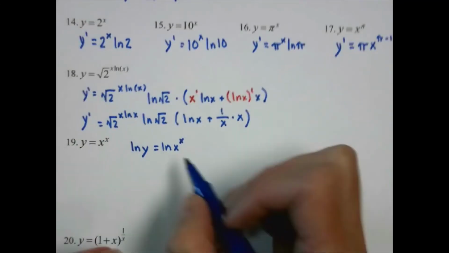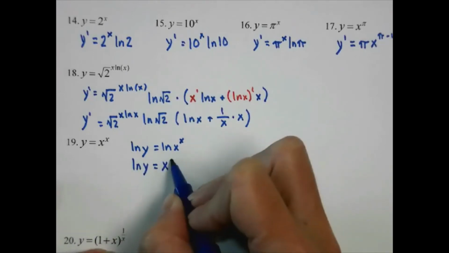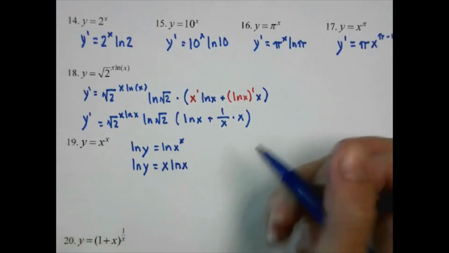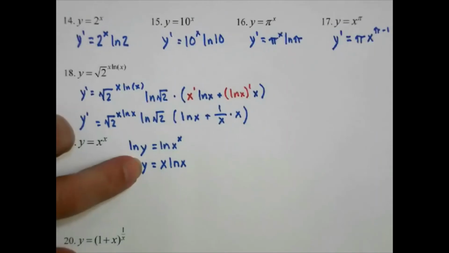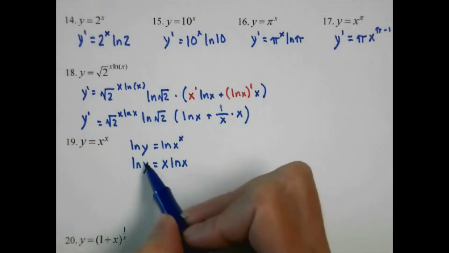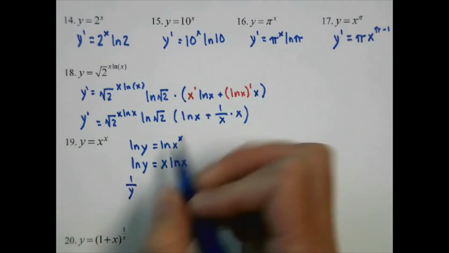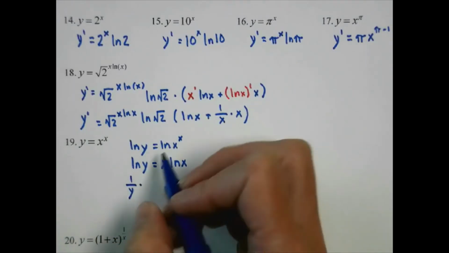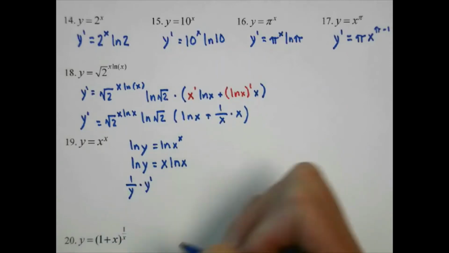That allows me to multiply this down, and I'm going to take this derivative implicitly, because I have a natural log. If it was just y, then we're good, but since we have the natural log of y, we're going to have to take the implicit derivative here. So the derivative of natural log of y is going to be 1 over y times the derivative of y, which I'm just going to call y prime,